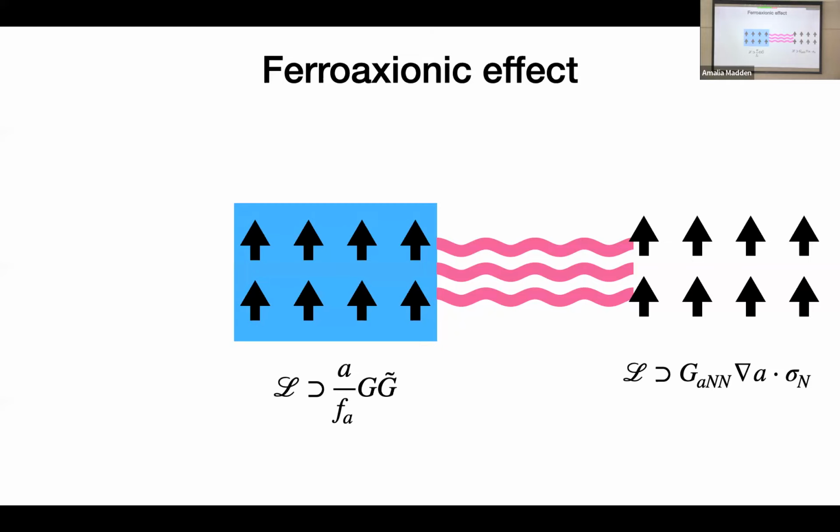To build an experimental setup, there's more that we need to do that I'm going to tell you on the next slide. Conceptually, all you need is a ferroelectric material. You need to polarize the nuclear spins. In one shot, I polarize it and I release my external field, whatever. They work slowly emitting axions. Yeah. Okay, and until it reaches another state, what is the other state? It's not an equilibrium state. I don't know what the endpoint of this would be. It cannot be a permanent source.